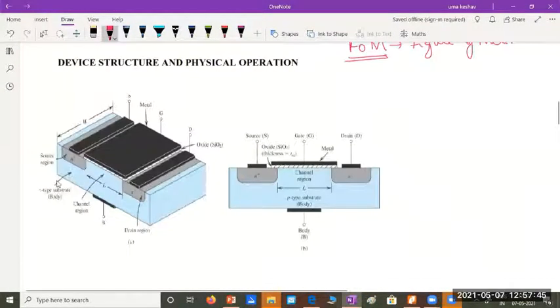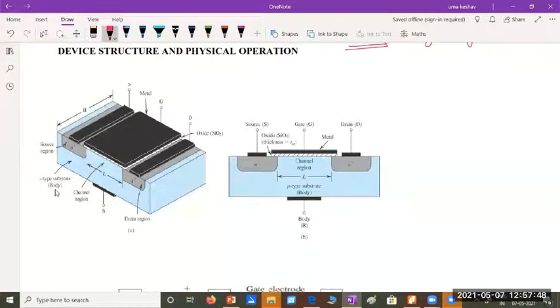So very quickly look at the construction. You're familiar with it. If the substrate is of P type, the source and drain regions will be grown into the substrate, and they will be of N-type material. No channel is present initially. The oxide layer is present in between, and metallic contacts are taken for source, drain, and gate. We have 4 terminals in an FET or MOSFET generally. The 4th terminal is given to the substrate, also known as the body terminal.